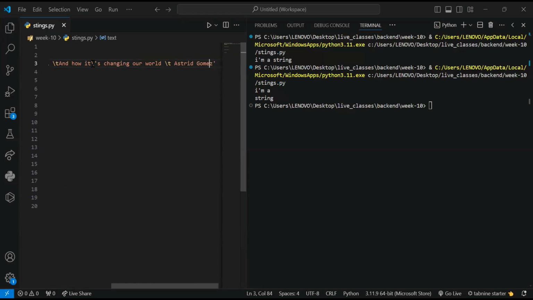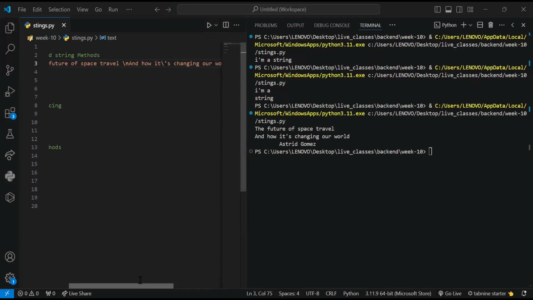So sorry, it's the backslash n for breaking the line, and now we're going to use the backslash t to create a space. That's how you use the tab key on your keyboard. So if I say here I want a space using the backslash t, and I run this,